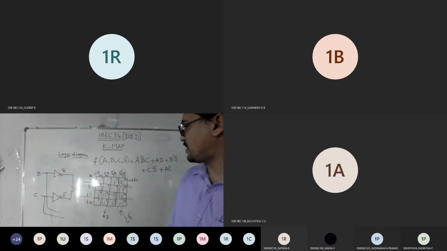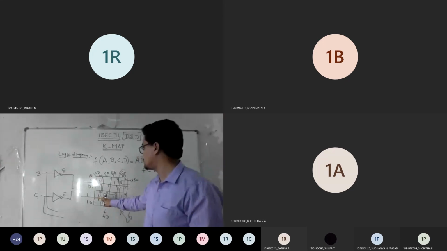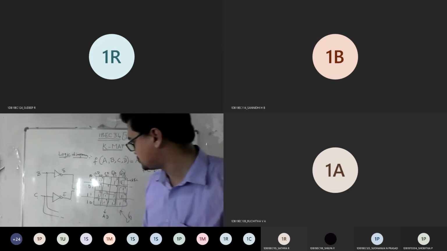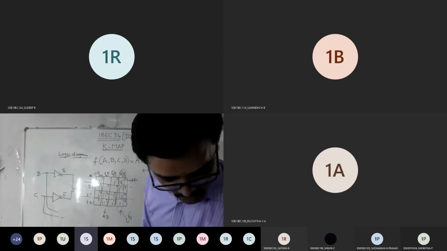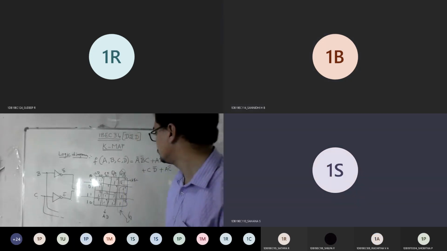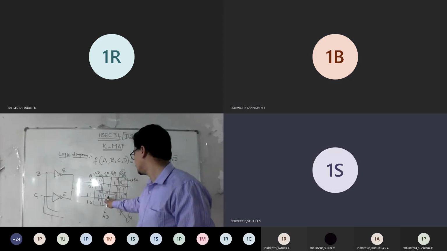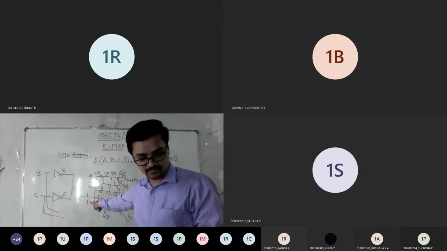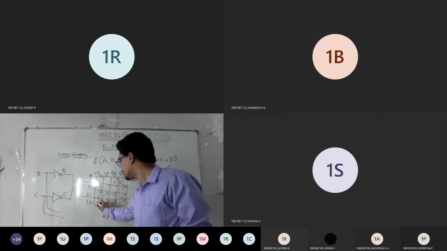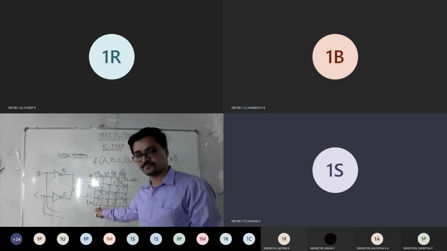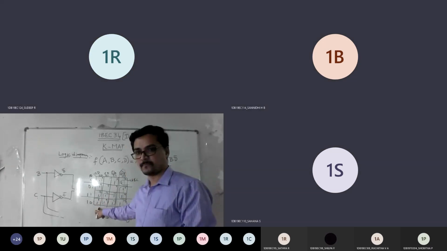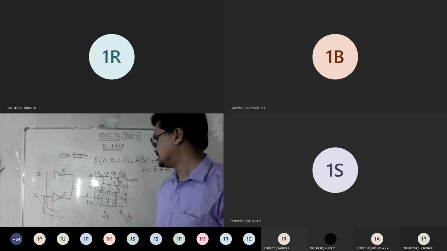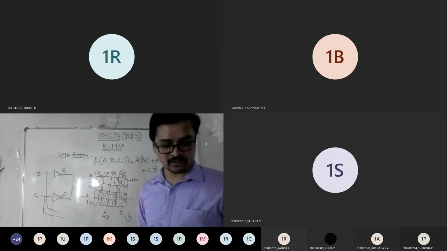Last one, A C bar. From where can you get A C bar? A is this. C bar is this. 2, 13, 8, 9. So you want to make this as 1 now? Yes, sir. Okay, if we make that, check it out. So what should I do now? Is it pairing or quad?